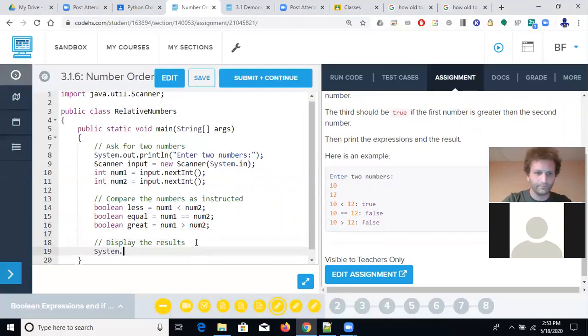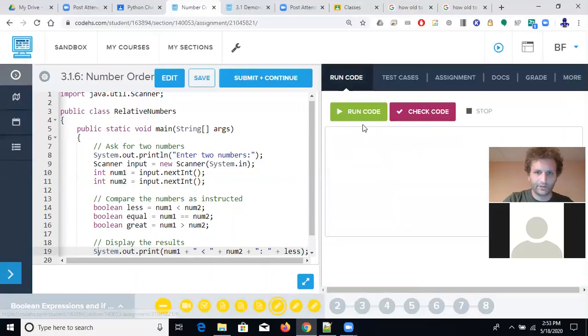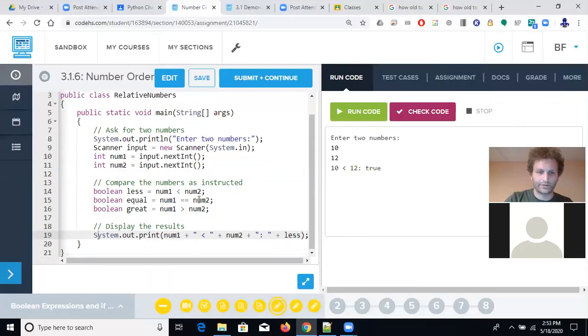So this is where it gets a little annoying. I'll say that, but it's totally doable. The value of num1 with a less than sign after it. The value of num2 with a colon after it and a space, it looks like, less. Now, honestly, that was a complicated line for me to write. Let me make sure it works before I move on. 10 is less than 12, that's true. Okay, and since it was a complicated line and the rest of the lines look pretty similar,